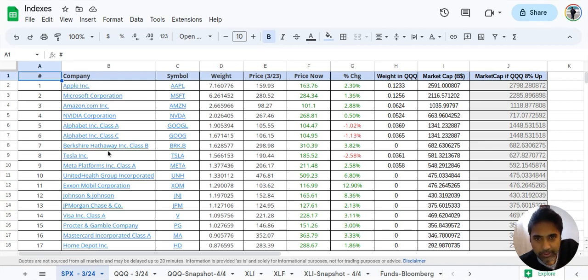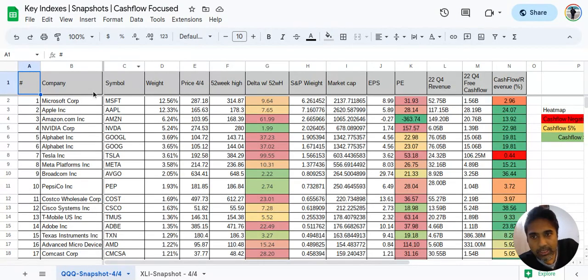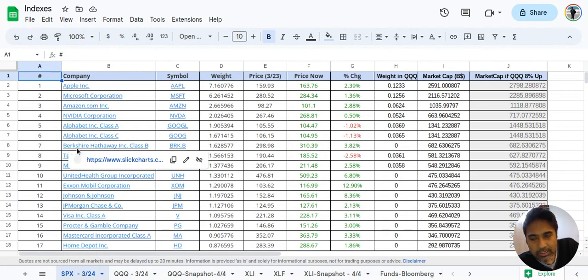Alright, so in this video we're going to go over these two spreadsheets. One is called indexes and the other one is the key indexes. What I did was I just picked up all the S&P 500